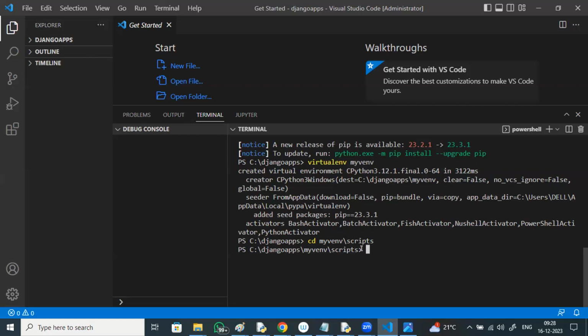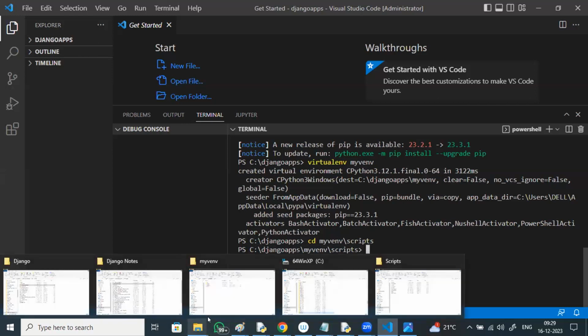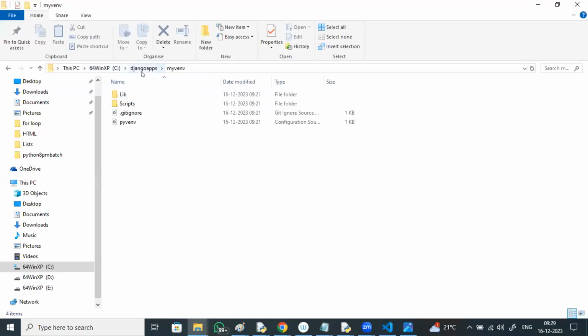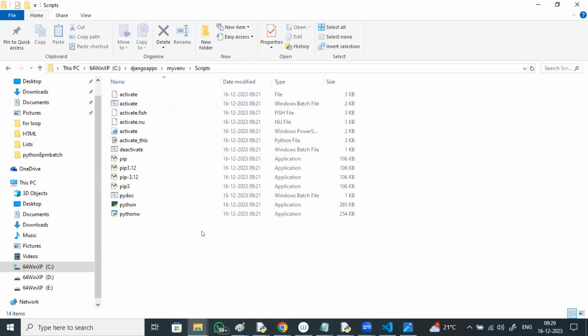So what am I trying to do now? Activating the virtual environment. Creation of the virtual environment is finished. Now to activate the virtual environment, go to Django apps, my virtual environment, Scripts folder. If you want to check in the backend, in C drive, Django apps, my virtual environment, Scripts folder, you have this activate command available.